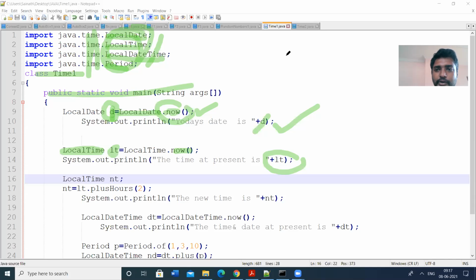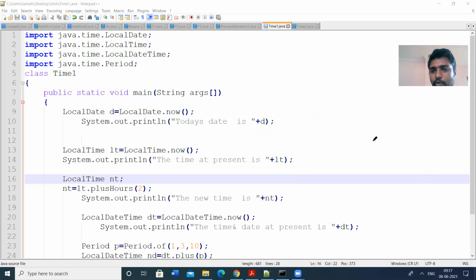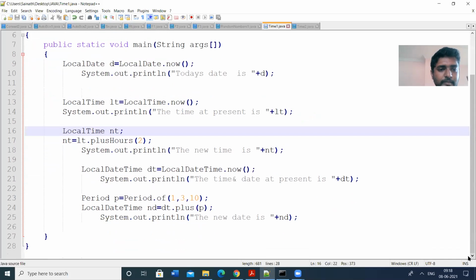Then I am going to use some modifications for this. Let us see this. I am creating another object NT of type LocalTime.